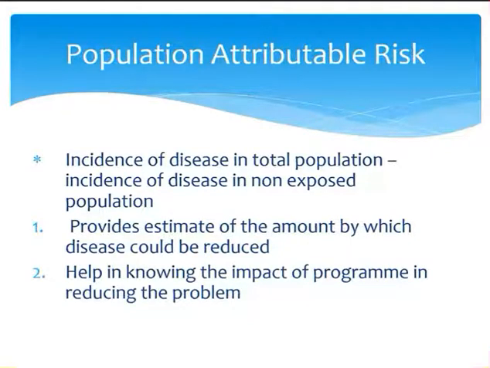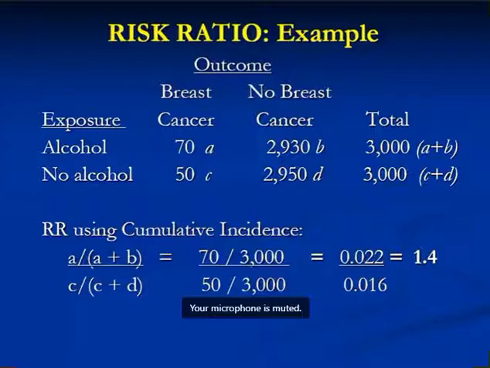So this population attributable risk provides an estimate of the amount by which disease could be reduced. It will also help us understand the impact of a program in reducing the problem. So this is another example here for you, just to calculate a relative risk. And here the exposure